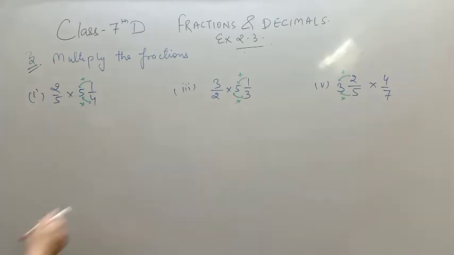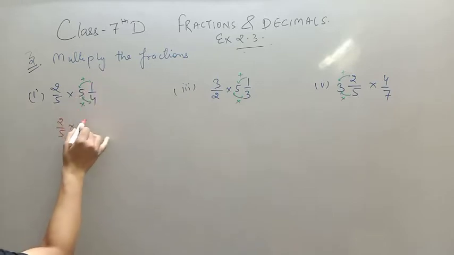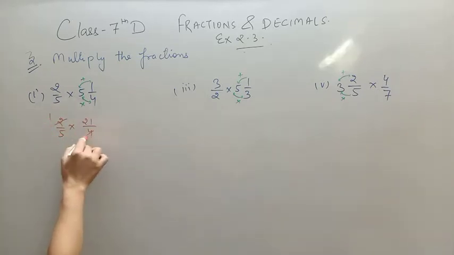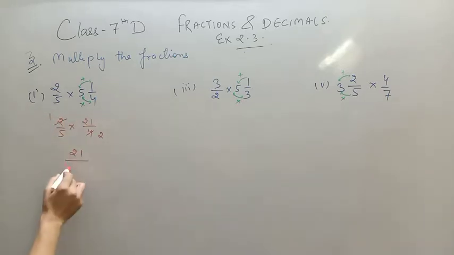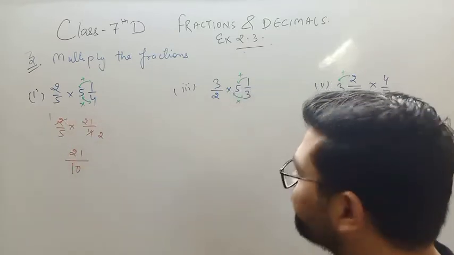So 2 upon 5 you have 5 4s are 20 plus 1, 21 upon 4. 4 is a multiple of 2, so you can cancel out. 2 1s are 2, 2 2s are 4. So 21 1s are 21, 5 2s are 10. So this is your fraction. This is the simplest form of your fraction, okay, after converting the mixed fraction to the lowest form.